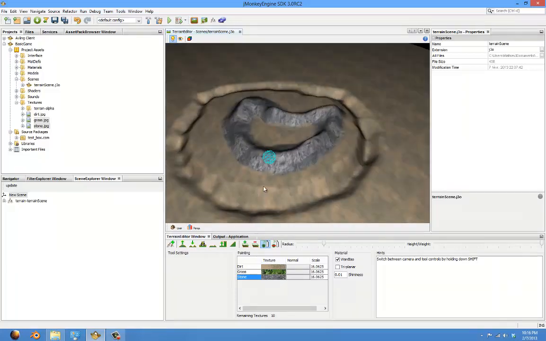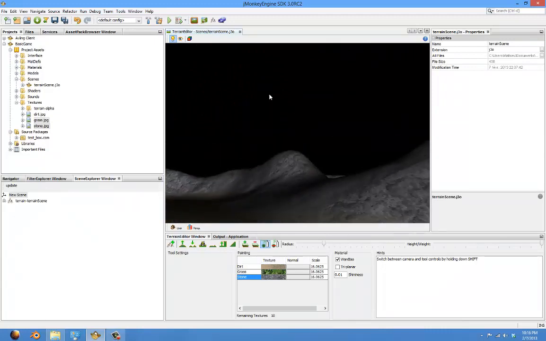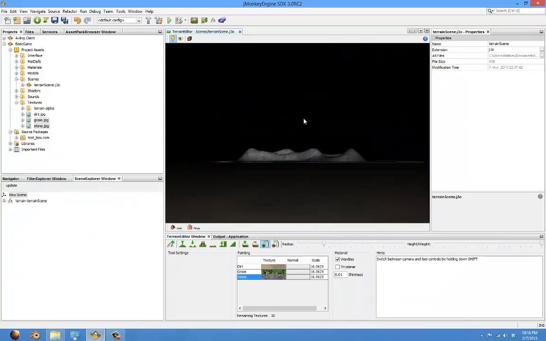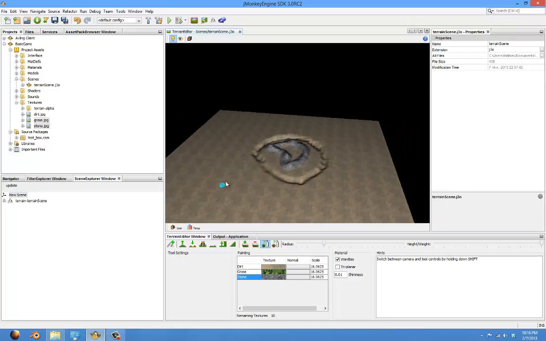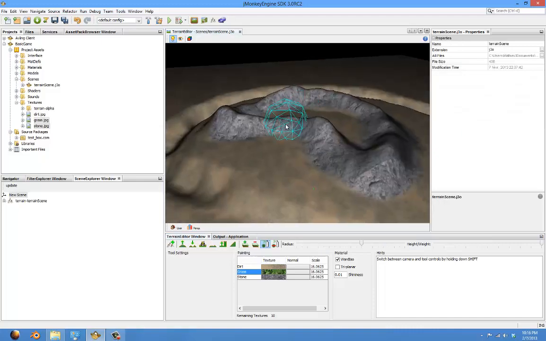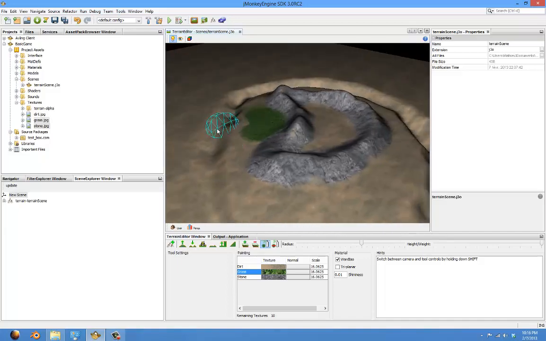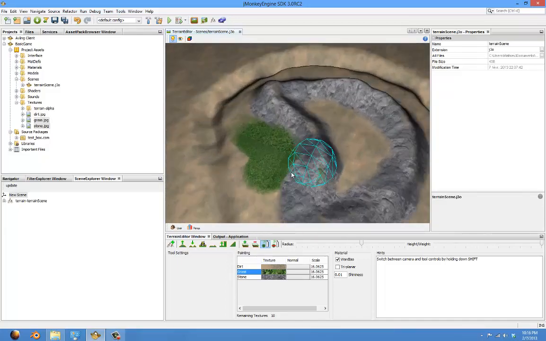Okay, so I've made my mountains clear, so they look like mountains. Now I'm going to draw some grass on the ground, because I like grass compared to dirt. Okay, so just paint some here. Oh, and if you try to paint grass over stone, it won't work